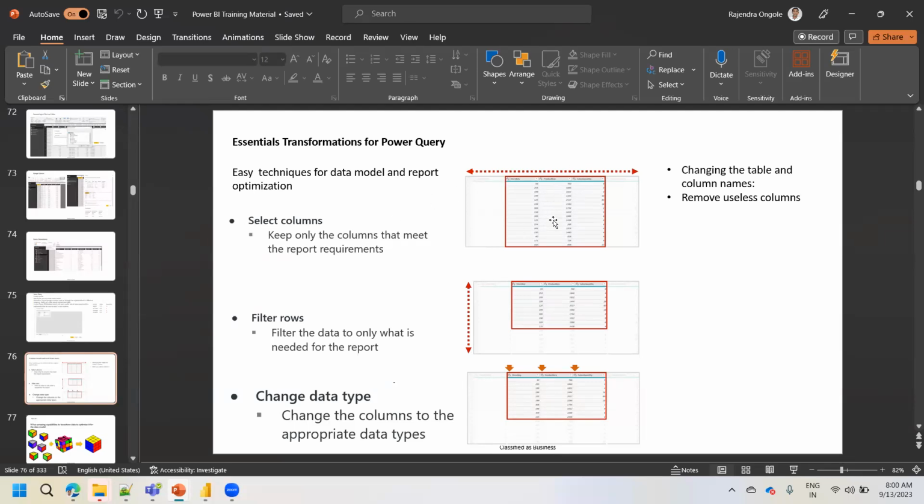Required columns only we can make use of, and the remaining columns we can delete. As per the requirement, we'll keep the required columns and delete the remaining ones. Where are you going to delete them? You're going to do that activity in the query editor. That is the first activity. Next,